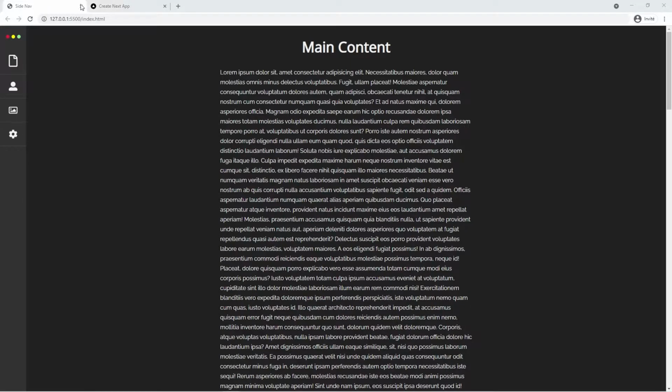Alright, hello guys, today we are going to build a site navigation just like that in pure HTML and CSS without